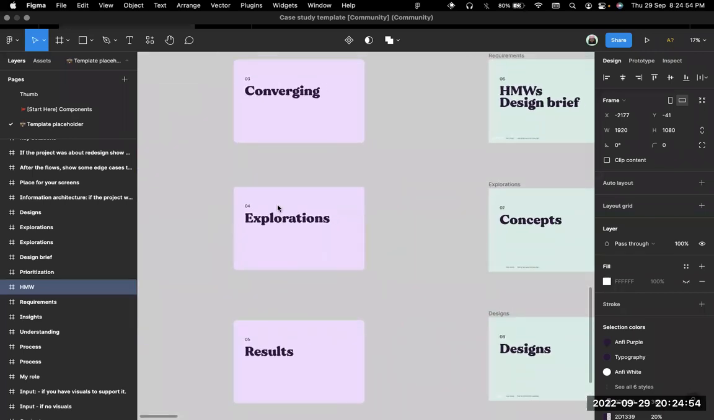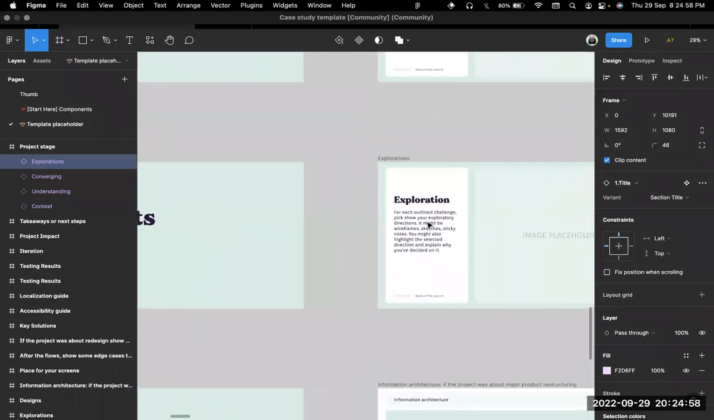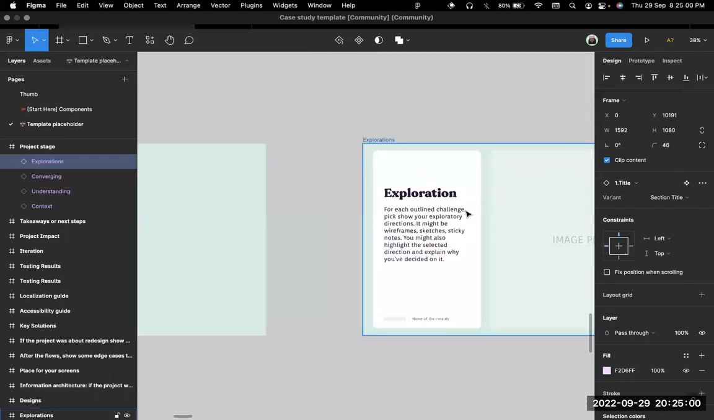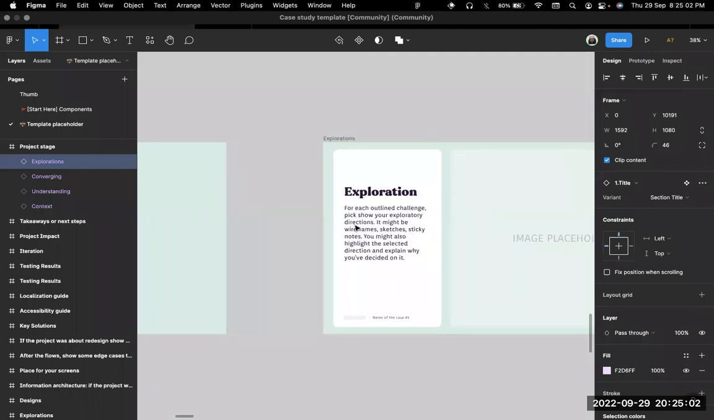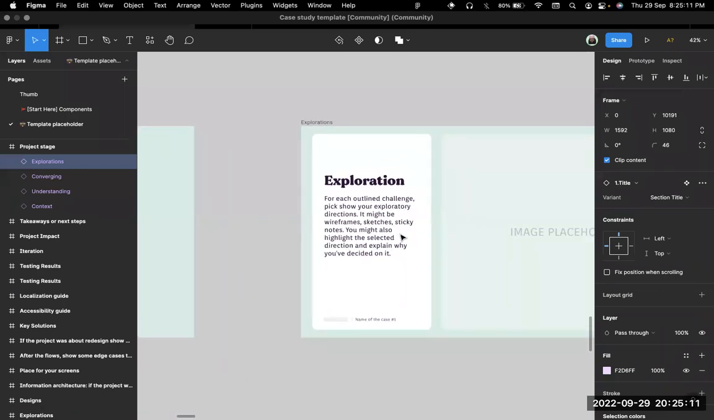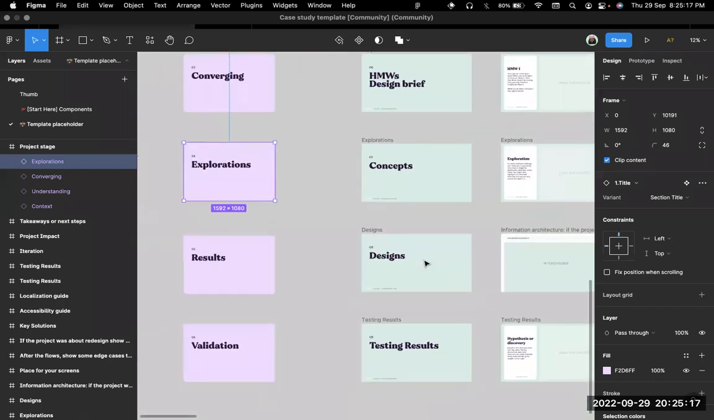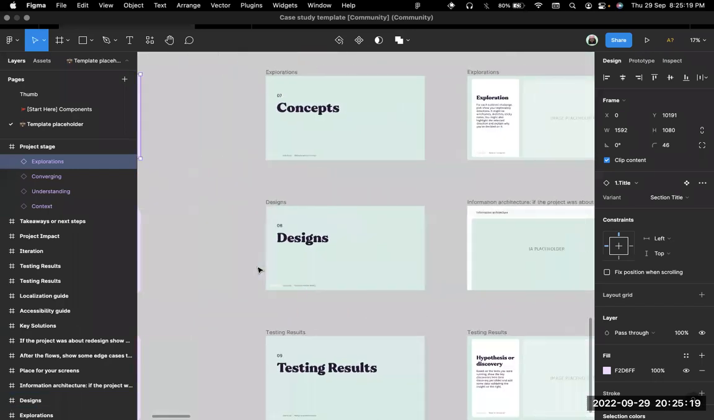On the explorations part, you have to focus on the concepts, right? So for each outlined challenge, show your exploratory directions. It might be wireframes, sketches, sticky notes, and then you might also highlight the selected directions. I think we'll also check out an example. Then also for the results,